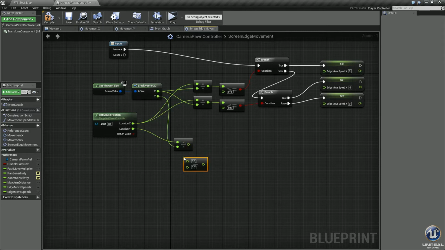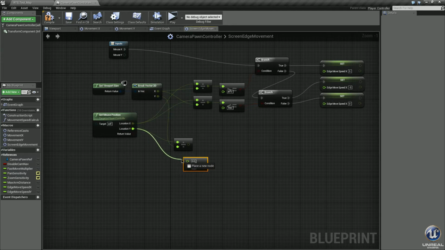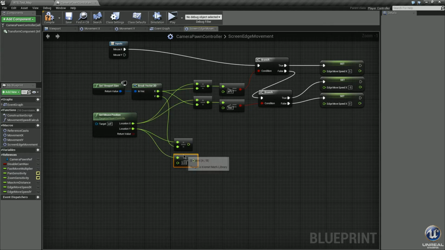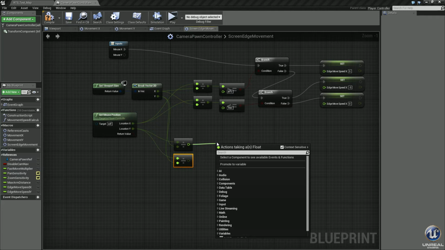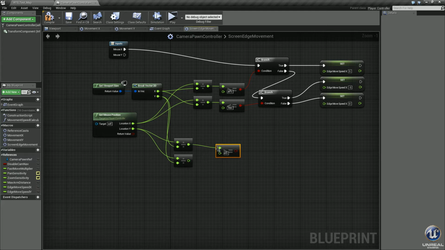We need another divide. Pull off of this and hook that up. All right, now pull off of this. We need a greater than or equal to, and we need two of those. Here, we'll take this one, Control W. Probably could have just copy and pasted a lot of this, but let's set these values the same, 0.975, and this one's already 0.025. So go ahead and plug this into that, just like so.